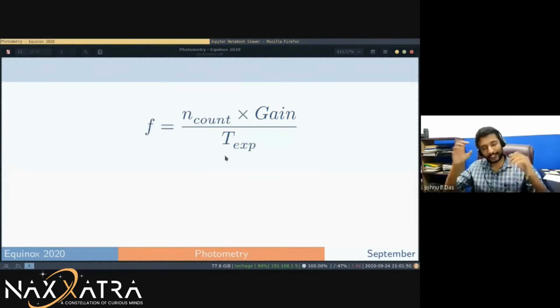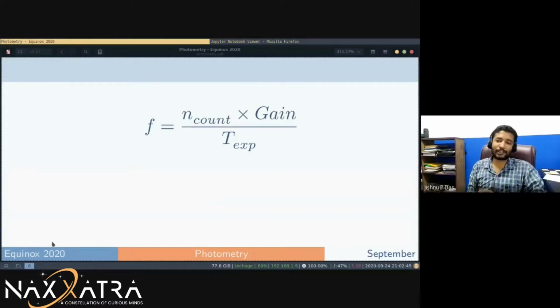Okay, so this can be used like a proxy or substitute for brightness. Let's just assume that. And we are dealing in fluxes. If a star is really bright, it will have lots of flux. If a star is really dim, it will have less flux. That we can agree on, right? For now, the basic thing you have to know is if something is brighter, it will have more flux. If something is dimmer, it will have less flux. What is the flux? Flux of light. Okay, fine. So how do we calculate flux? We just take the number of counts that we have received, multiplied by the gain of the detector, divided by the total exposure. Now we have flux.